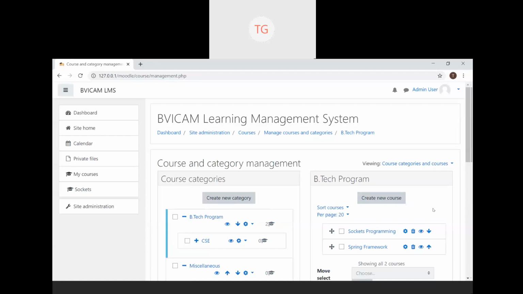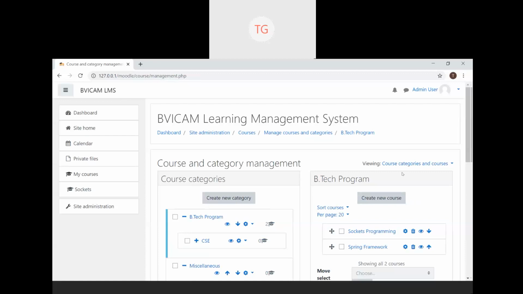Ma'am, I have created courses, but when I go to site home, I cannot see my courses. You are working on an on-premise implementation now? Yes, on premise. You don't see any course in site home?